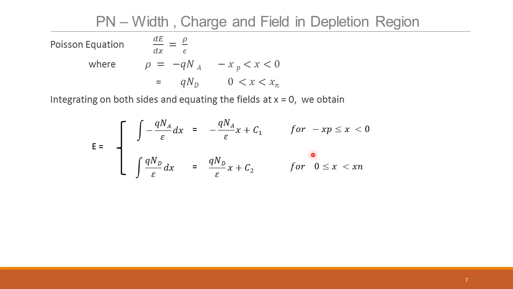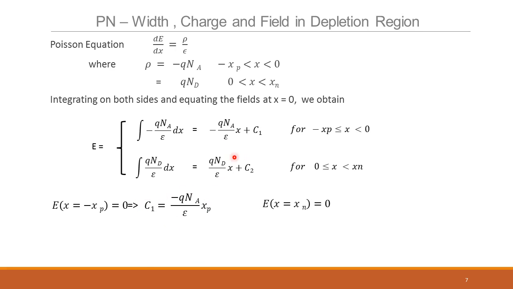We know that at x equal to 0 the electric field has to be the same, which tells you c1 equals c2, right? That is one condition. It's also that at x equal to minus xp, the field is 0. That is the other end of the depletion region; at x equal to minus xp, or even less than that, it is 0. So we take the boundary condition x equal to minus xp, the field is 0, which implies minus q Na by epsilon into xp, plus c1 equal to 0. So c1 is this much,